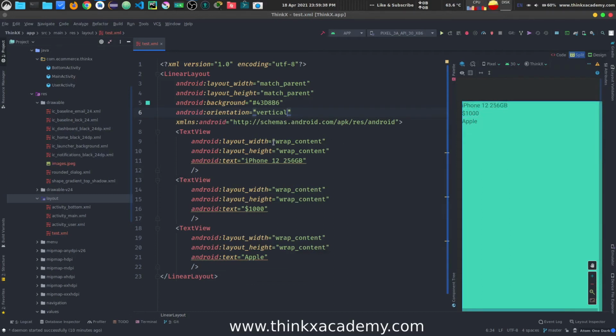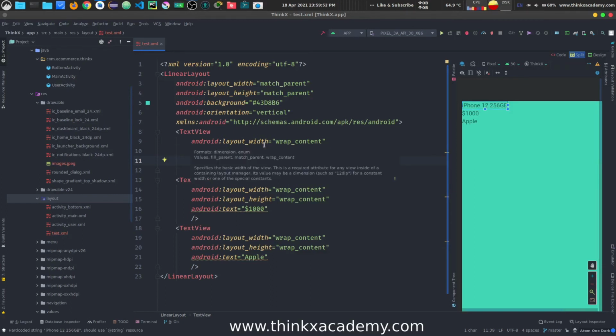Now this text view, which is this one, you can see that it has a width and height which is wrapping the content, right? So that's why we use wrap content. It will wrap the content inside of the text view, and that's the same thing which is happening here and here also. You can see a little tiny box here which is surrounding the text view.